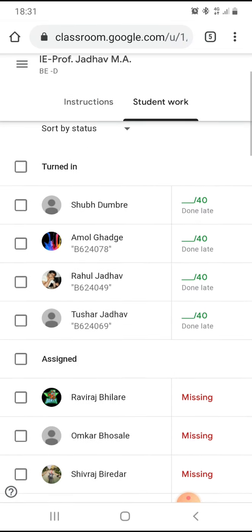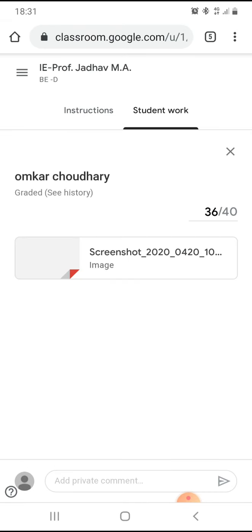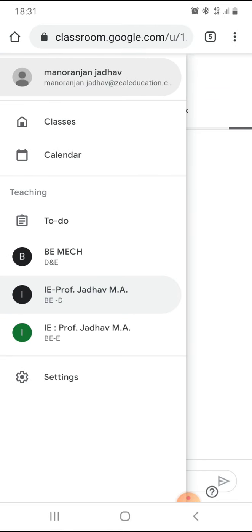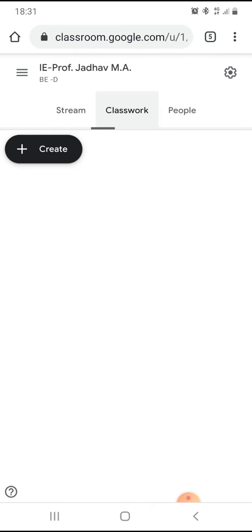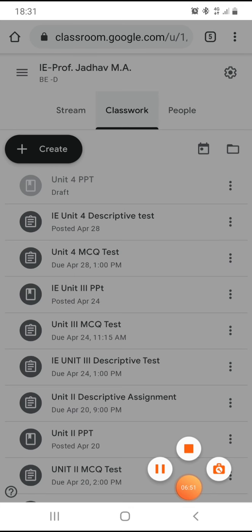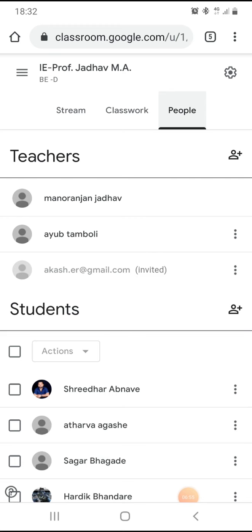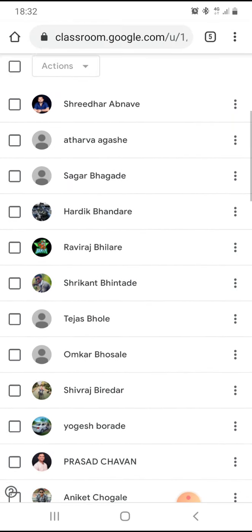Okay. Omkar Chaudhary 36. They have solved this. Right. So this is very helpful to all students and all teachers to teach online.